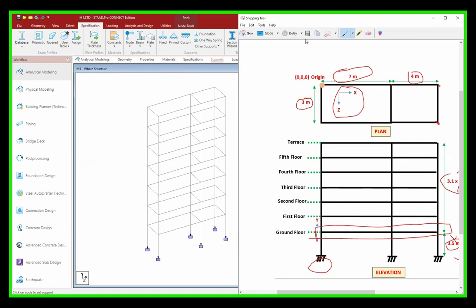So that's it guys for this lecture. In the next lecture we will understand method number 2 to model the same geometry. Method number 2 is how to use the grid method to model the same geometry. And if you have not checked out our various methods of modeling, you can check out our video. And if you have not checked out our previous videos, I request you to go through them so that you will get a better understanding from the next lectures.